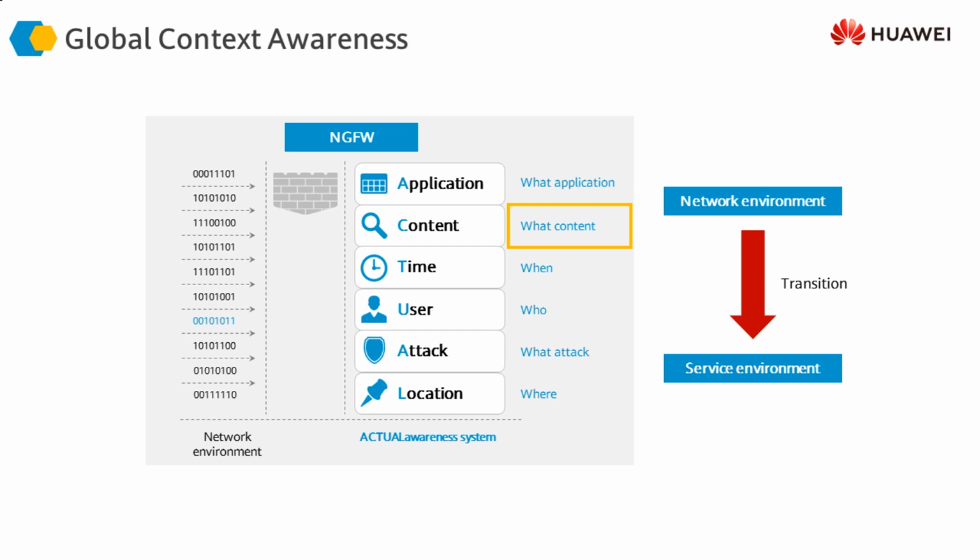So we need to know about the applications as well as the content. Time is also very important. Certain types of traffic might be allowable at certain times or might not be allowable at certain other times. We need to know about the users as well, so that we can look at user behavior patterns, and then if there is any anomaly or any change in that, we can detect and block that traffic or block that user.